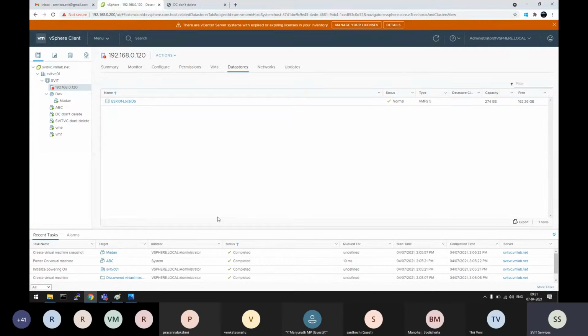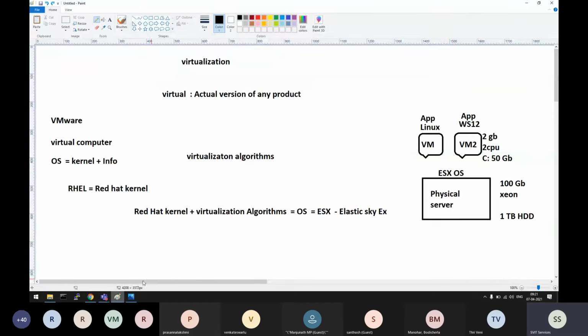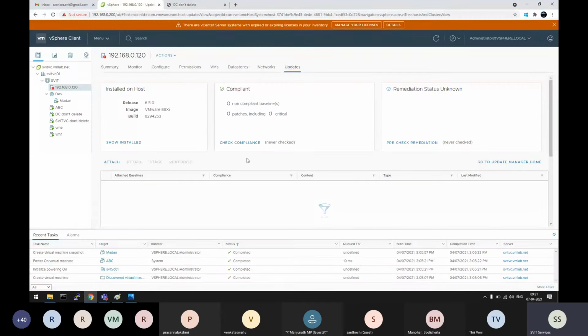Understood? So, and it is completely GUI. With mouse only we do here. We don't need to know any programming knowledge. We don't need to have any scripting or database kind of experience. Okay, with mouse itself we can manage. That's how they have developed. Even though they copied the kernel from Red Hat Linux, they have altered their virtualization algorithms to give us GUI based experience, mouse based experience.